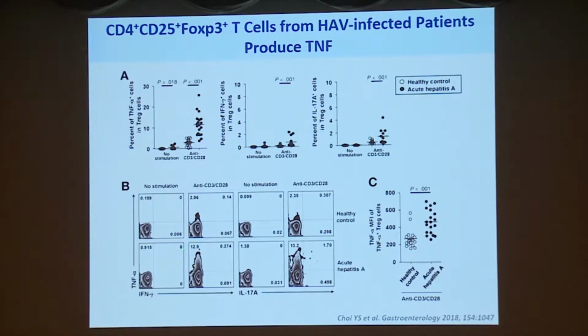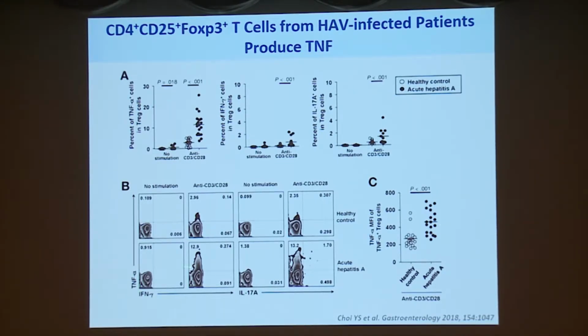And we stimulate the peripheral blood lymphocytes with anti-CD3 and CD28 antibody. Initially we studied the helper-like phenotype, or helper 17-like phenotype, by observing interferon gamma production from Treg cells or IL-17A production from Treg cells. But we surprisingly found that rather than interferon gamma or IL-17A, TNF-alpha production was very prominent in this patient's Treg